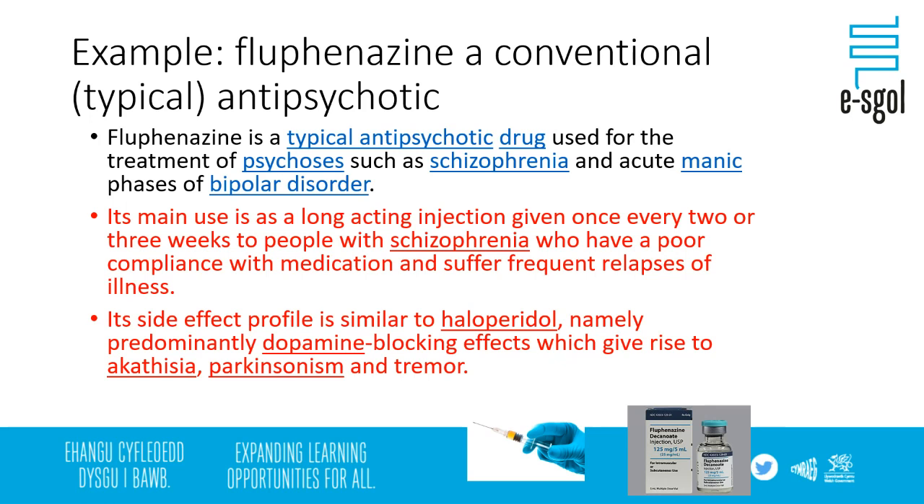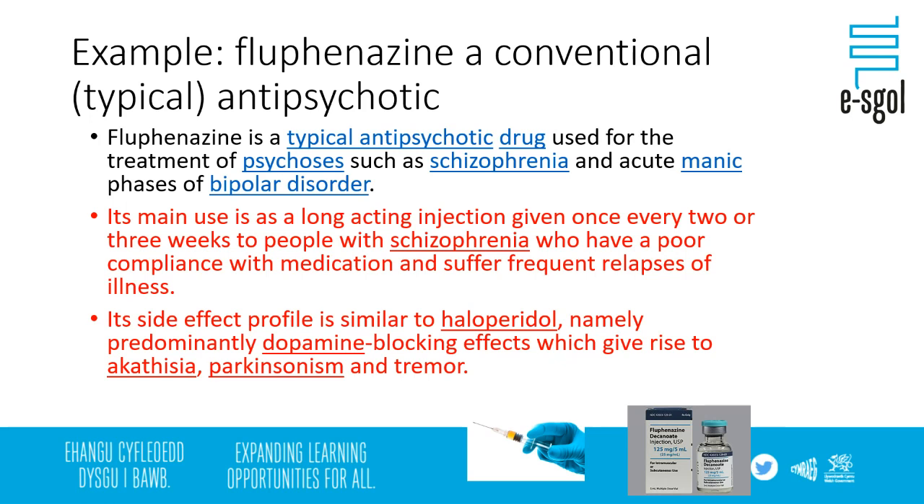But to reduce that long-lasting issue, having an injection is preferred for lots of people that have schizophrenia. Now, again, like anything, it's going to have side effects because it is a drug, and all drugs do. Its side effect profile is similar to something called haloperidol, and that is, again, similar dopamine blocking effects, which give rise to